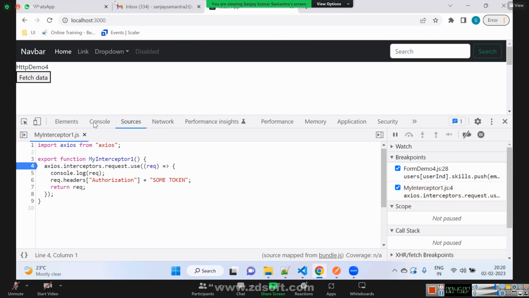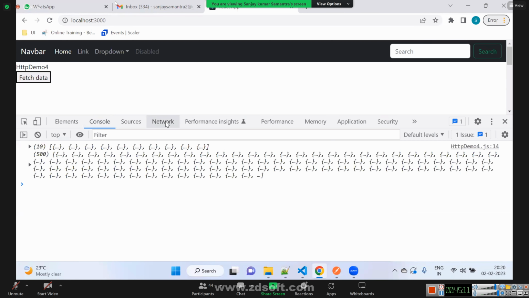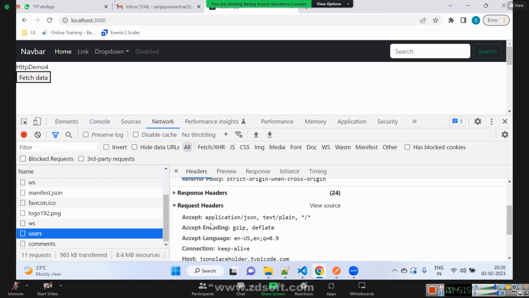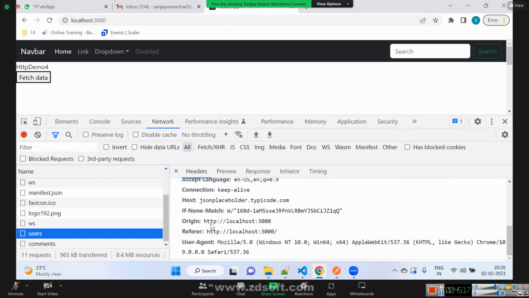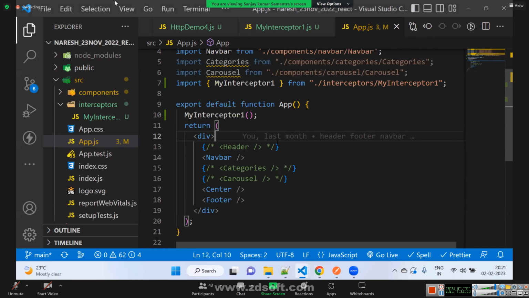Then when we click on fetch data, if you check here in the request header, authorization should be added. Do we see that? No. There are 9 request headers only. Something is missing. Give me a second.